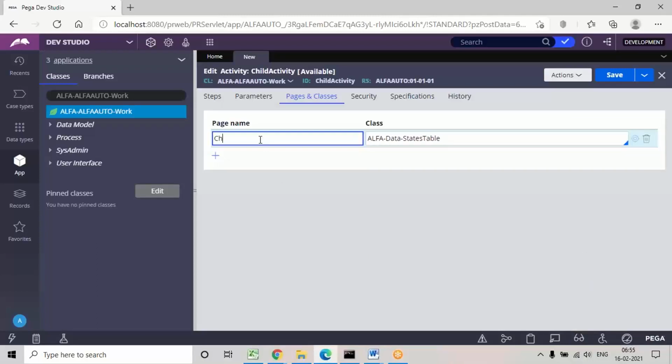And for this I'm giving some reference page. Reference page means, earlier I told that for the work layer the default page will be pyWorkPage, and I told this statement at the time of explaining the clipboard option. Earlier I told that pyWorkPage is a default reference page for the work layer or work classes. But if you're using any data classes or integration classes, we need to particularly specify some page name.